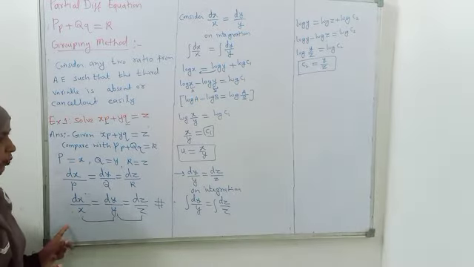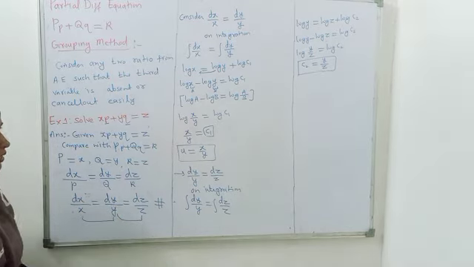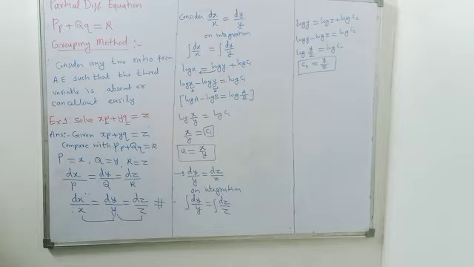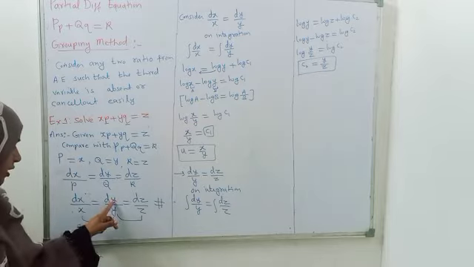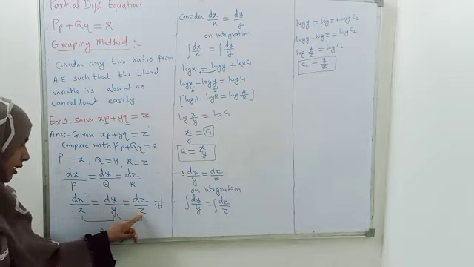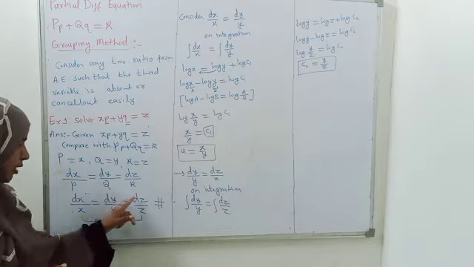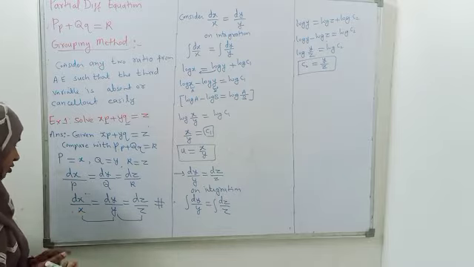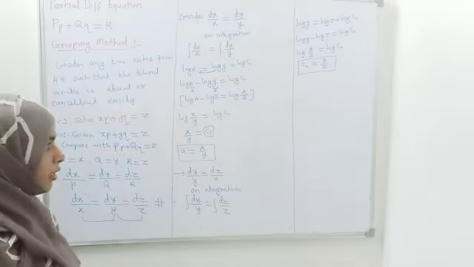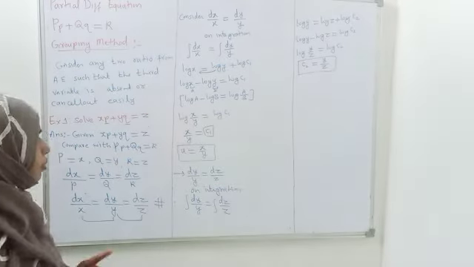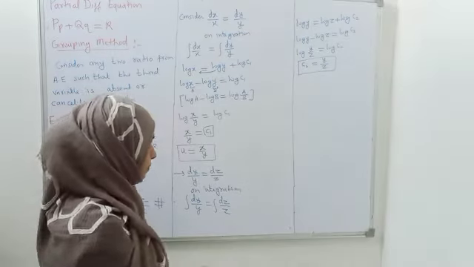In this case, if you consider dx by x equal to dz by z, you will get the other solution as x upon z. If I consider dy by y equal to dz by z, I got the answer y by z. If I consider dx by x equal to dz by z, I will finally get the solution c2 is equal to x by z. That will also be 100% correct, because the solution of the partial differential equation is arbitrary.